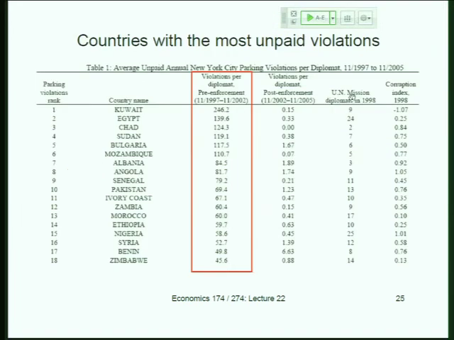Kuwait comes in on top, really powered by their star, Ambassador X. Without Ambassador X, Kuwait doesn't look great, but he was really the highlight. We actually know exactly when he goes on vacation because it goes from like 3 violations a day to no violations in the month of August in a given year. So I hope there are no Kuwaiti diplomats in the room. So there we are, violations per diplomat. I just want to give you a sense of the numbers. So Kuwait leads the way. Let's go to